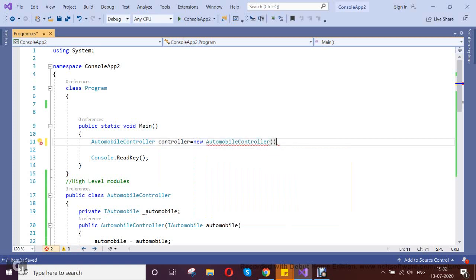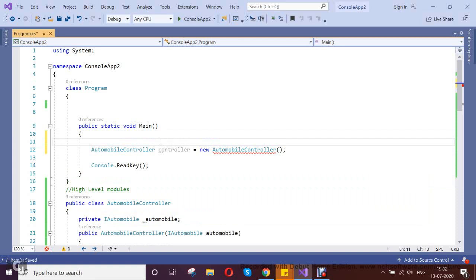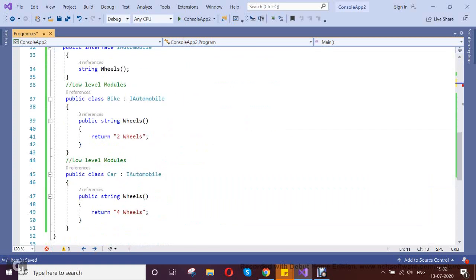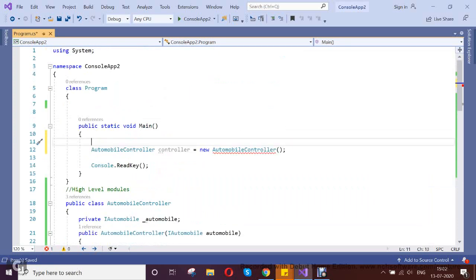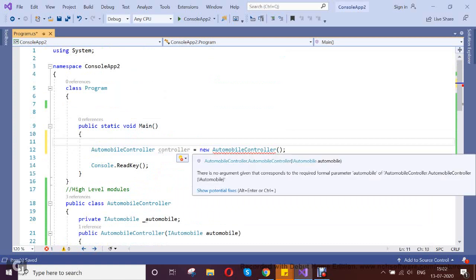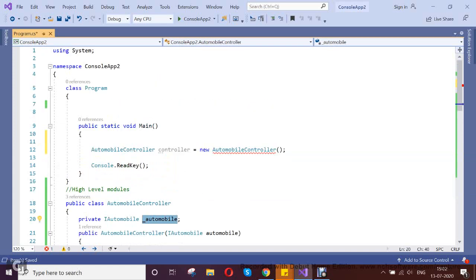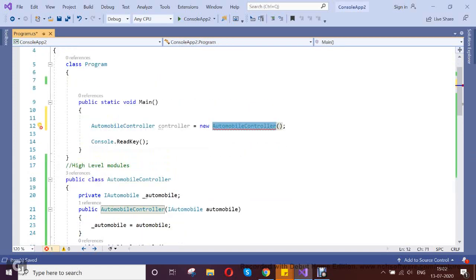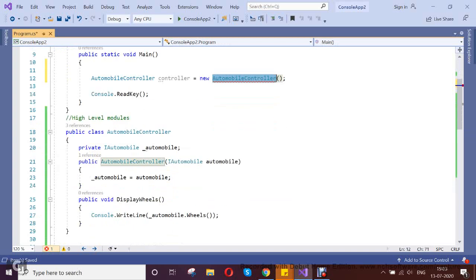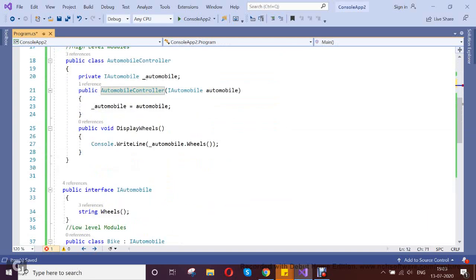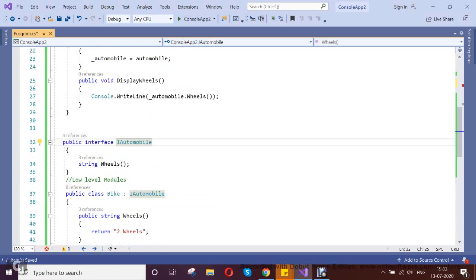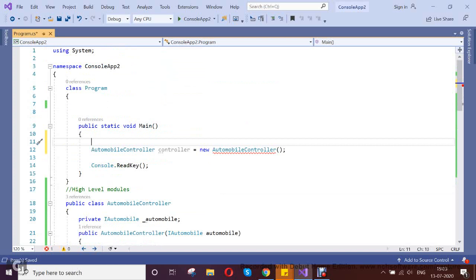Now we need to inject whenever we are calling. The output I need is first to get the car wheel. It only implements based on the abstraction, and the other condition is that it implements the low level module which is joined to this abstraction, meaning this interface, this contract.